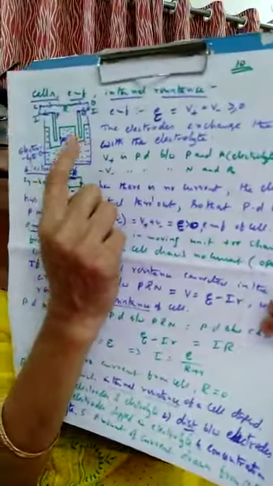And second point is distance between electrodes. The distance between 2 electrodes. Internal resistance depends on distance between 2 electrodes. And the third one is area of electrodes dipped in electrolyte. How much area of electrodes we have dipped in the electrolyte, that also it depends. And the fourth one is the concentration of electrolyte. Concentration, how much solute or how much salt is present in the electrolyte. It depends on the concentration of electrolyte.